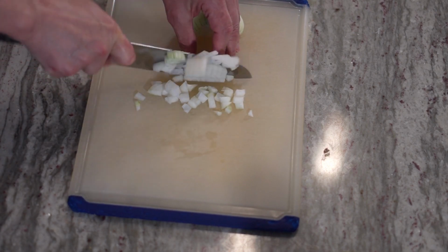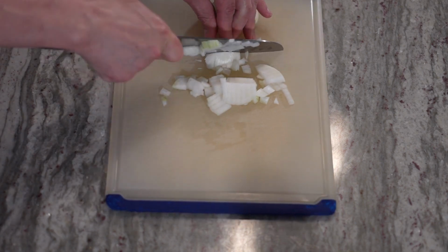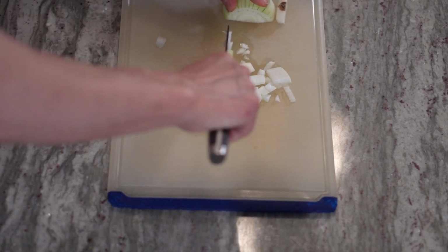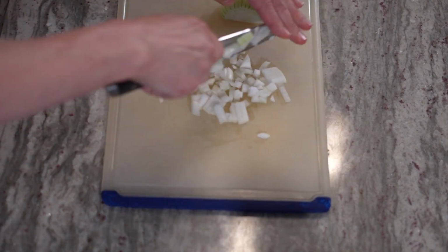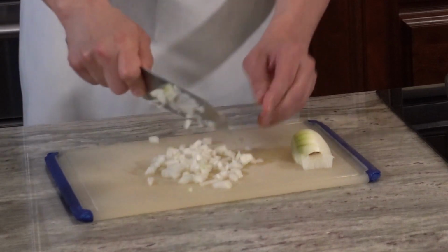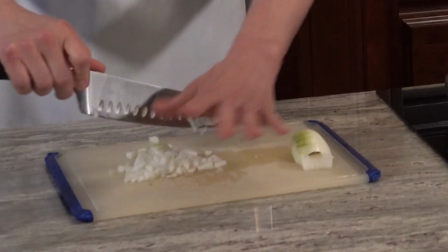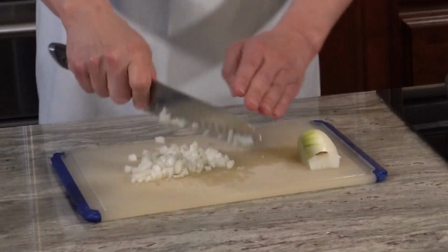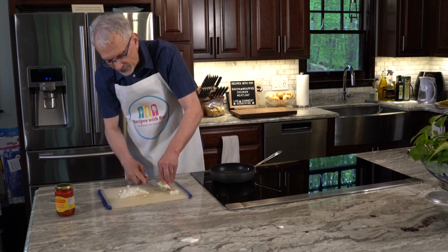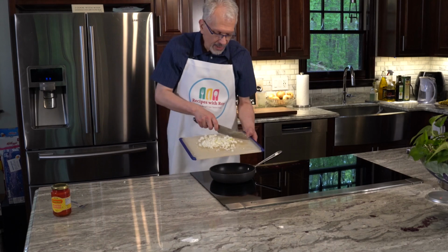And it's for one small onion. So we're going to use this whole thing. And since some of this at the end, I didn't want to slice into dices, I'm just going to give it a little chop this way and then do the other half. All right, so we're going to put this into the pan